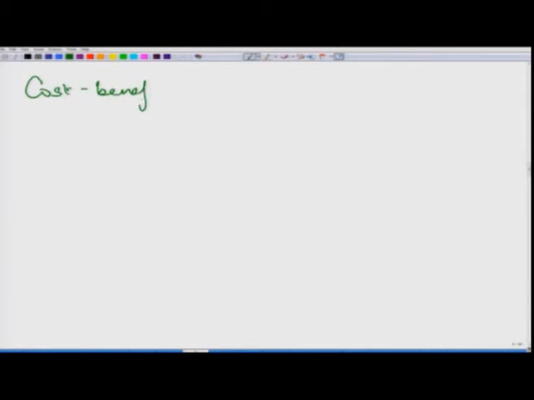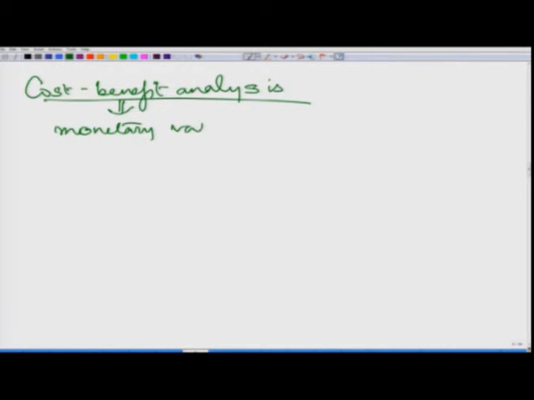Now, what is cost benefit analysis? We learned that in cost benefit analysis, our values are estimated in terms of monetary values. Both the cost and benefit are estimated in monetary values, right? And then when we talk about both the costs as well as benefits, and estimating them in terms of money, then we have all the health benefits,